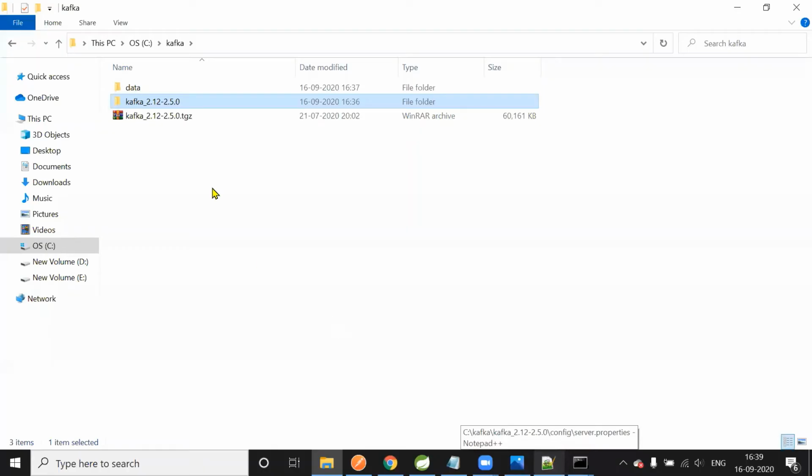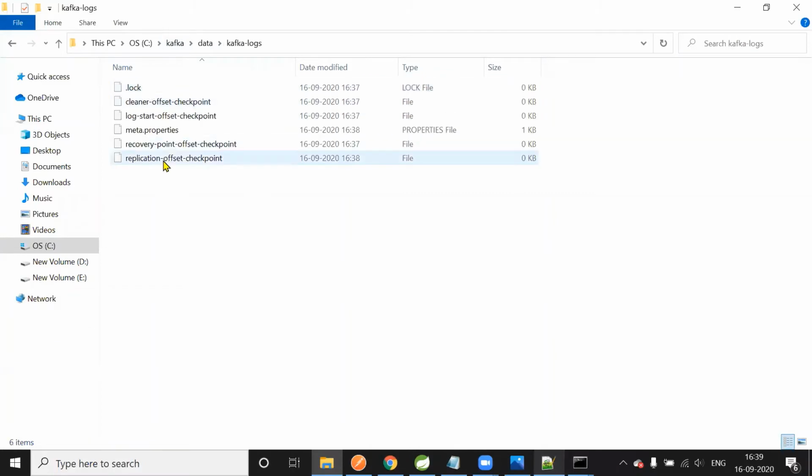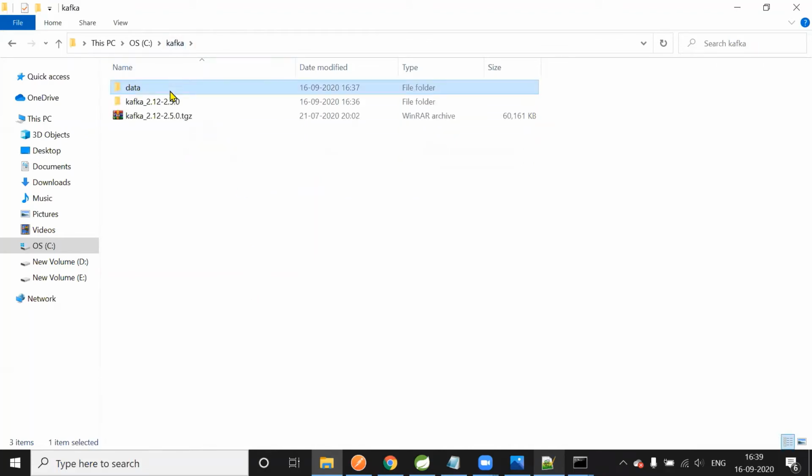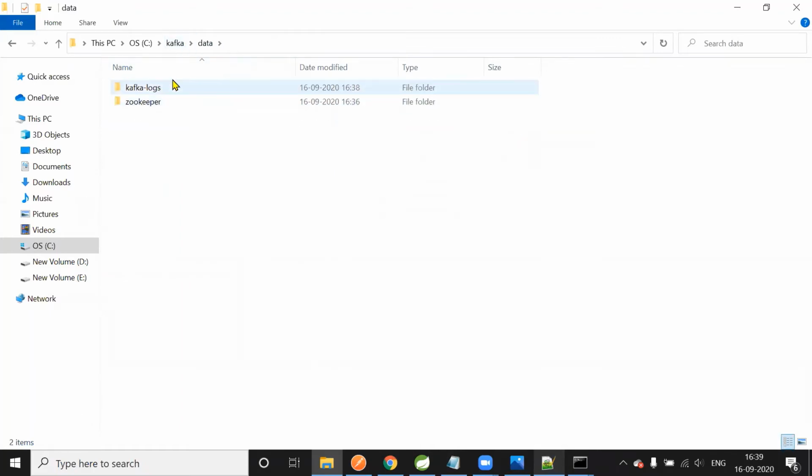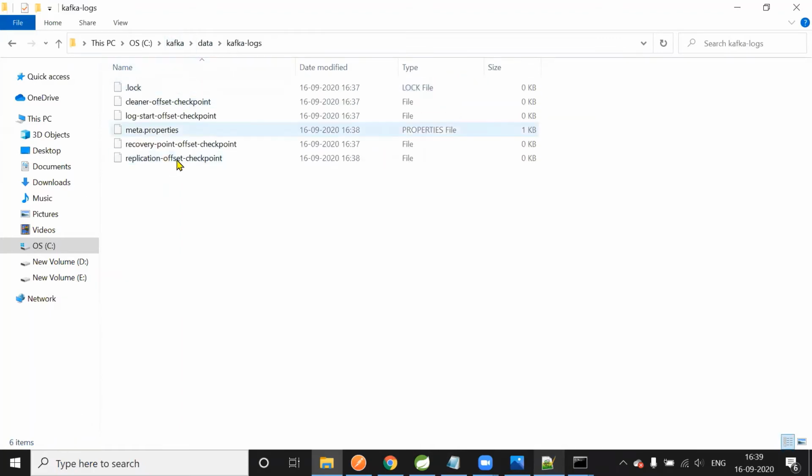So here we have seen in the Kafka folder, the data folder, you can see there's a Kafka logs. Here there are files created, right? There are two things you have to understand. One is inside the Kafka server, there is a logs directory. This is where the server logs will be stored. When you start the server, all those logs come here, right? Then what is this logs inside the data directory, Kafka logs? This is where the messages are stored. But messages are stored in the form of .log files only, right?